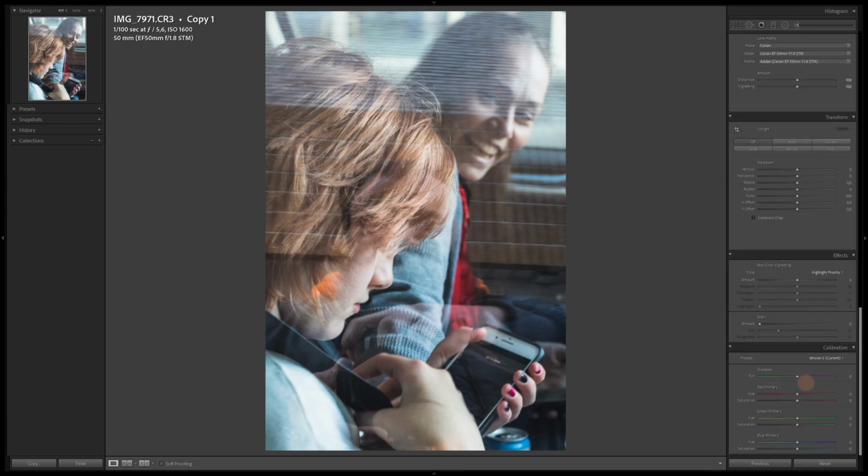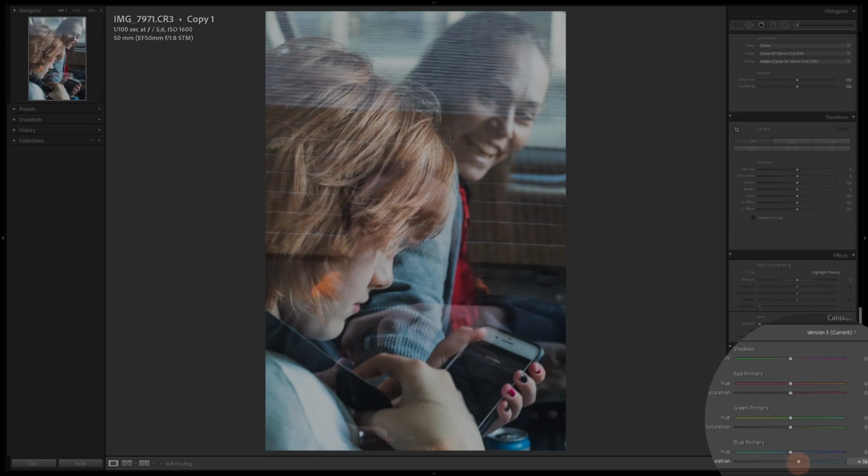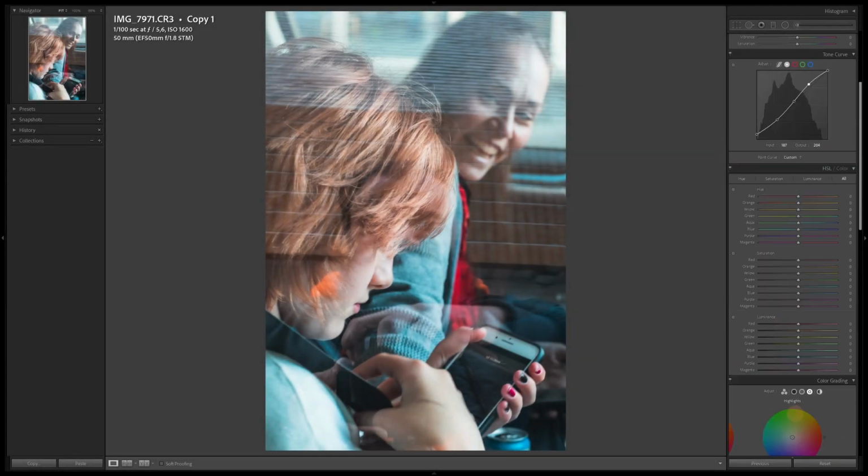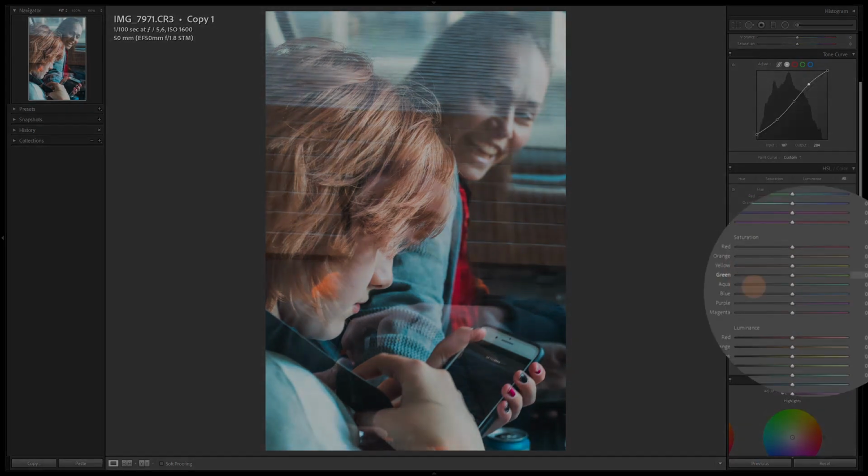On this image, I'm also gonna do the same, increasing under calibration, saturation in blue primaries. I'm also shifting hue more to aqua. I'm gonna leave the rest. We're going back up to hue, saturation, and luminance. This is very sunny and warm, but I wanted moody. So we are deleting saturation, yellow, green, aqua, blue, purple, and magenta.